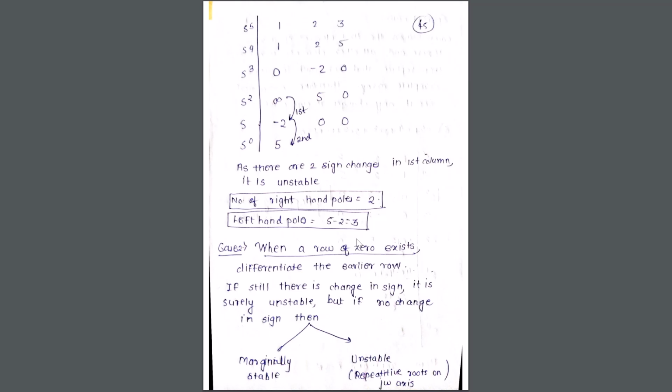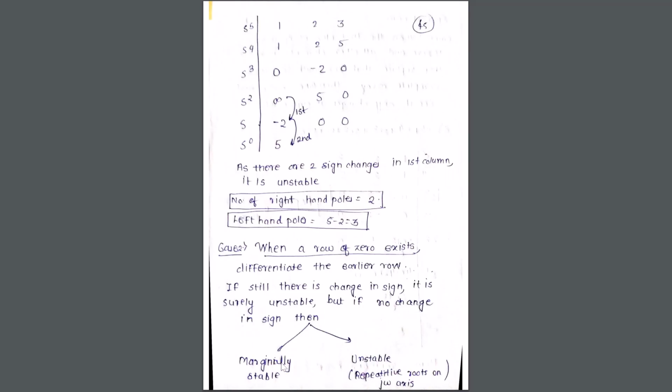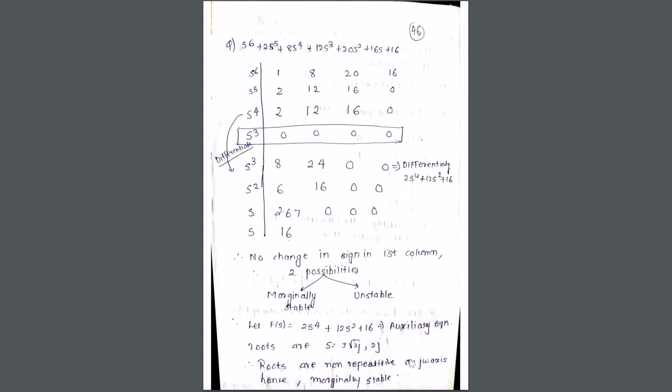There can be a row of 0 which can also exist. If there is a row of 0, an entire row of 0, understand that either my system can be marginally stable or unstable, but it can never be completely stable. I hope I am very clear with this. Solve the entire equation again